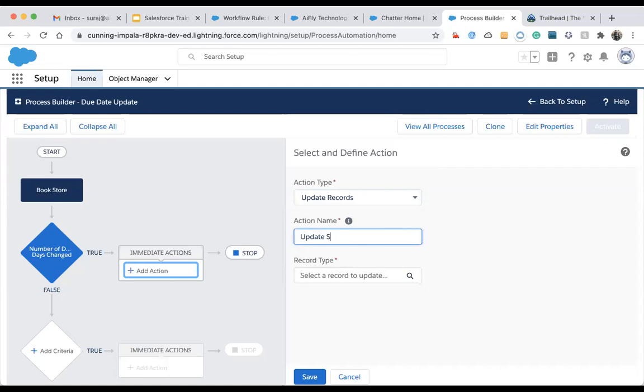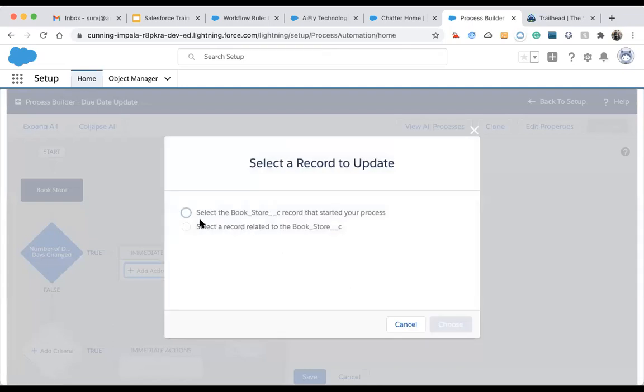and it will update that selling. And here it will ask me to select a record. Since we have to update all the child records, I'm selecting the record related to this bookstore. We also have the option to select the current object, which is the current record in this process builder.